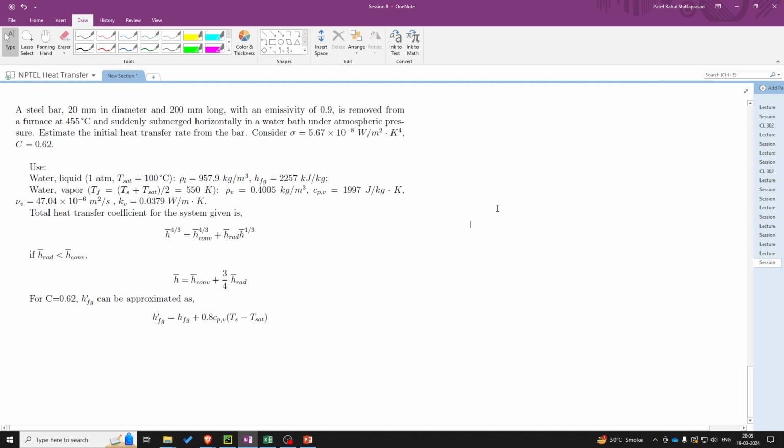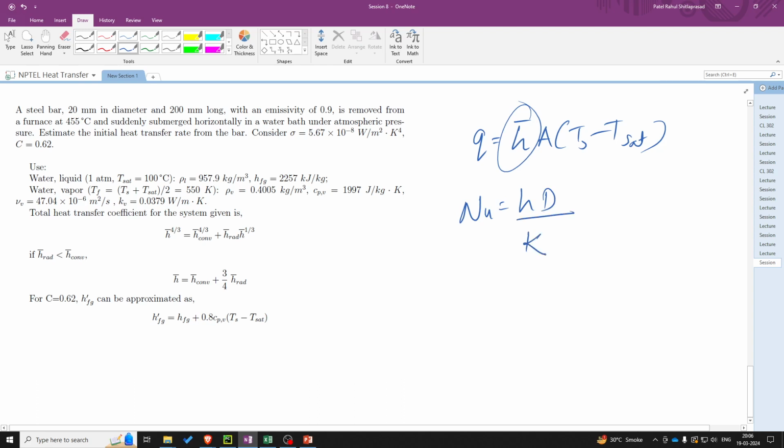So let's try to solve. As discussed, first the heat transfer rate is h bar A into (Ts minus T saturation), but we don't know this h bar, that is due to convection first. So for that we can write the Nusselt number as hD upon k,